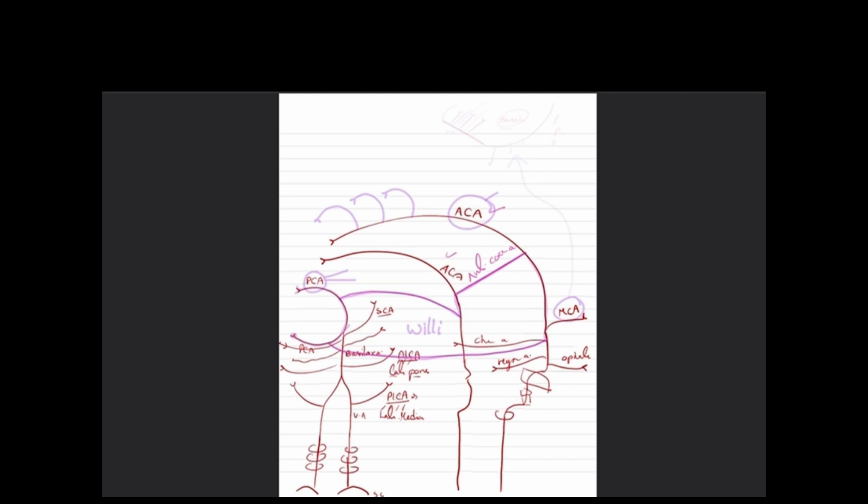Now note that this middle cerebral artery pierces the stem of the lateral sulcus and gives some branches inside the brain to supply the deep structures of the brain, such as the basal ganglia. Then it exits to the lateral surface, so it comes from the medial surface, then goes through the stem of the lateral sulcus to go out to the lateral surface. While it is in the lateral stem, inside the brain, it gives some branches to the basal ganglia and deeper structures of the brain, along with giving branches to the lateral surface, as we said, of mainly the frontal, parietal, and occipital